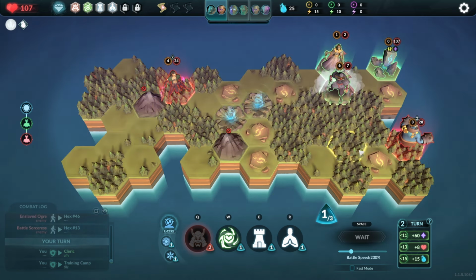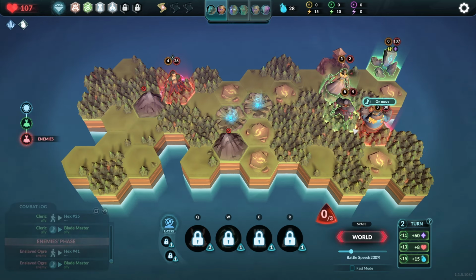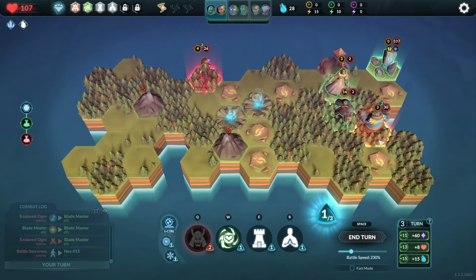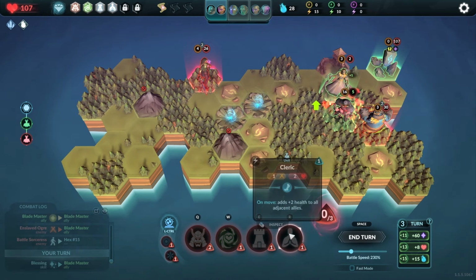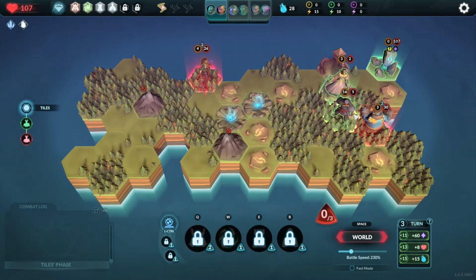Alright, getting the attack buffed up. Move, and then he will add max health to our unit, which is nice. He does take a hit, though. In fact, takes a big hit. So we need to get him blessed. So let's get him blessed. Let's end the turn there. It's going to be a bit of a skirmish here, but...